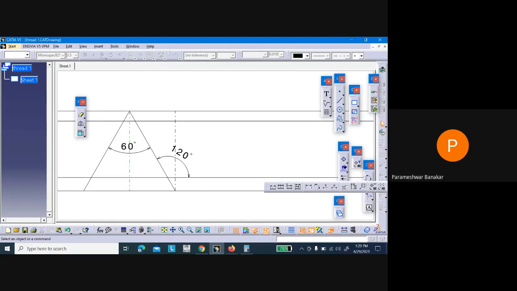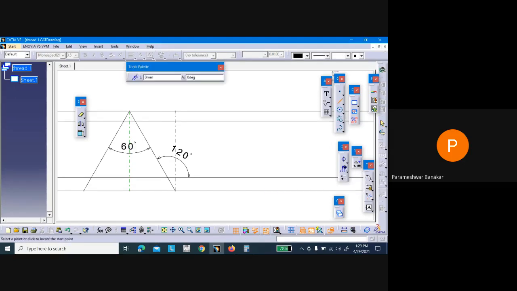Create a 60-degree line. For that, go to line, and from this intersection point, create one line and give the angle as 60, so that it will bisect, right?